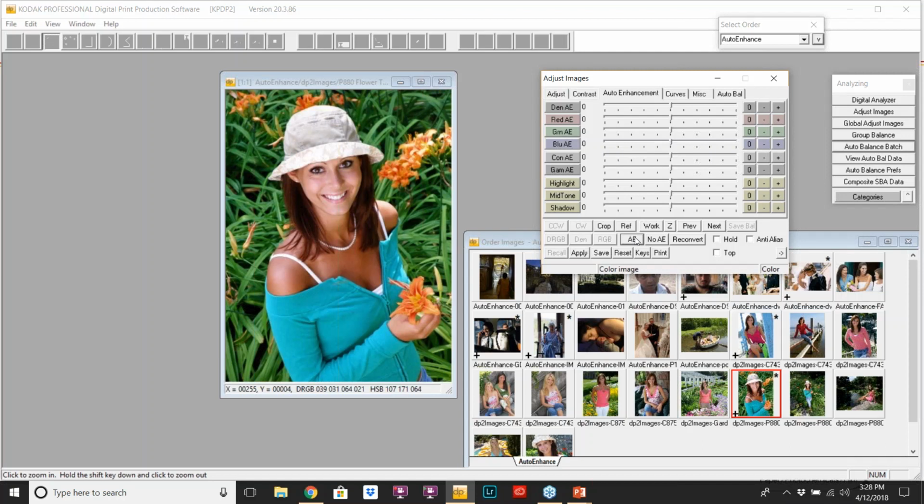So it was an important add to the automated workflows, for wide ranges of exposure, digital camera files and consumer images, or the kind of mom and pop, sports and other types of shooters. So that is auto enhancement, and I'm going